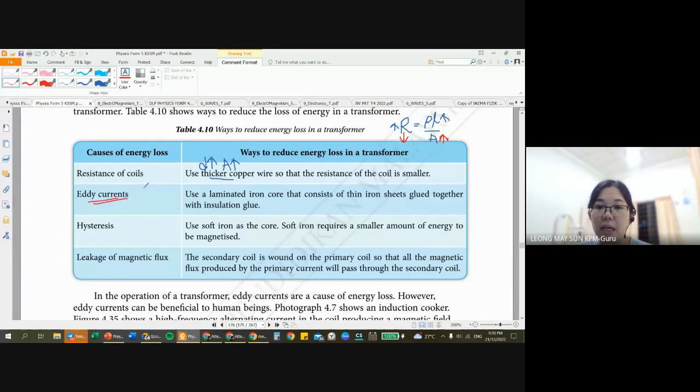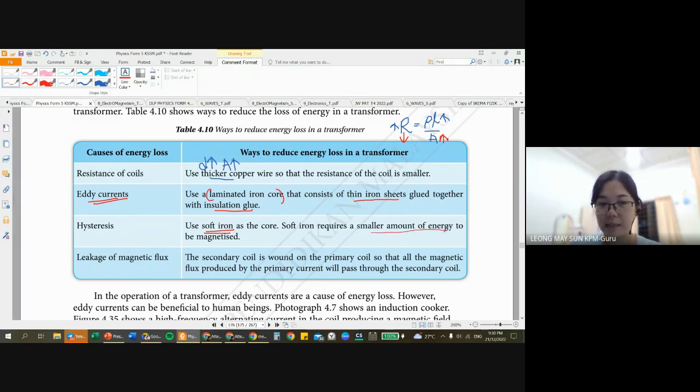Eddy current, in order to reduce eddy current, you laminate the iron core. All right, laminate the iron core that consists of thin iron sheets glued together with insulation glue, so that it doesn't let the current pass through. All right, it will insulate it. Hysteresis, we have to use soft iron core. Just now was just an iron core. Iron core magnetized and demagnetized, energy is lost. So in order to avoid hysteresis, you use a soft iron core because soft iron core requires a smaller amount of